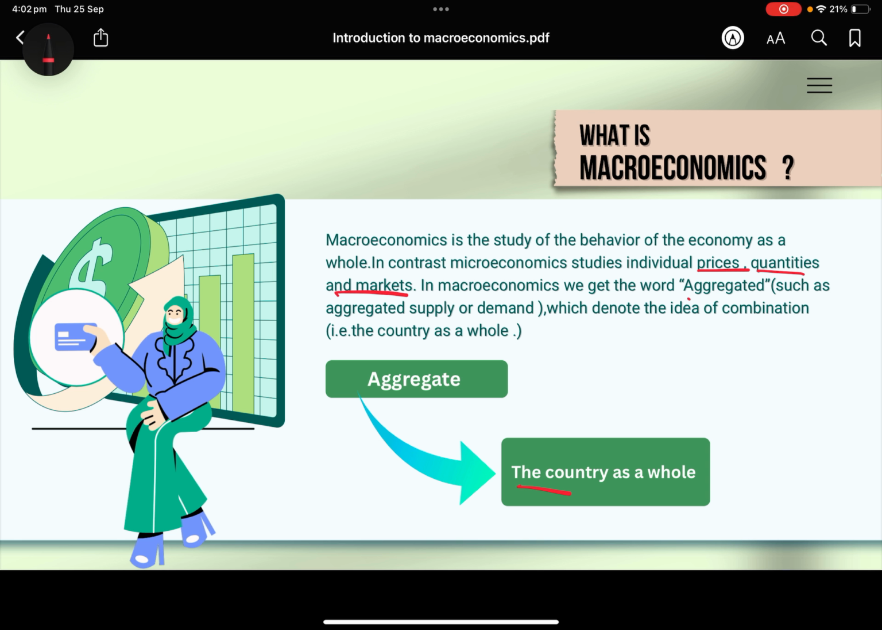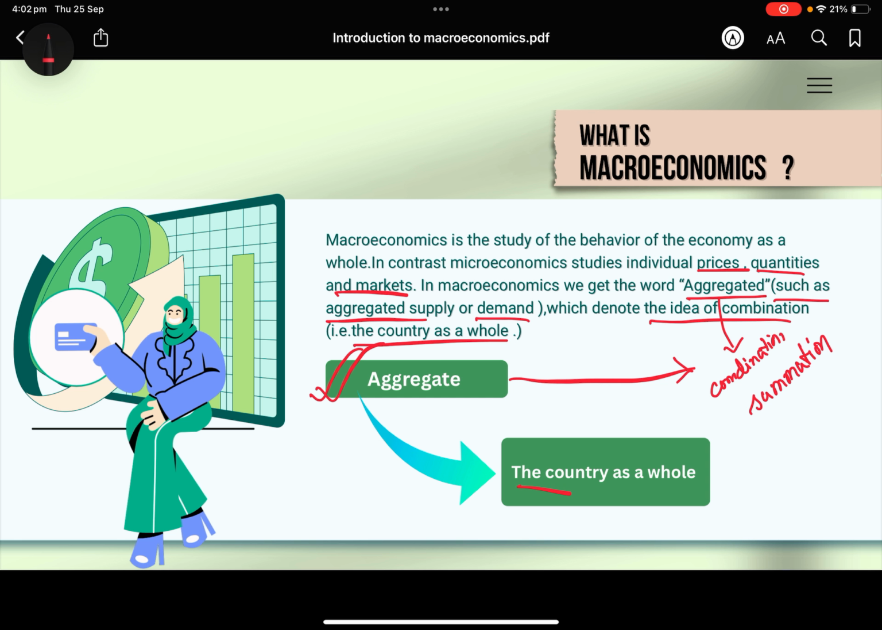In macroeconomics there is a word, aggregated. What does the word mean? It actually means combination, or you can say summation. Such as aggregate supply or aggregate demand, which denotes the idea of combination, that is, a country as a whole. So here is a quick note: aggregate means summation, or you can say combination. In macroeconomics we say it like the country as a whole. Okay,